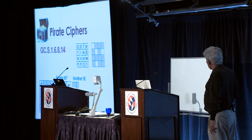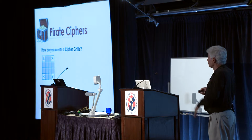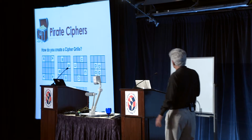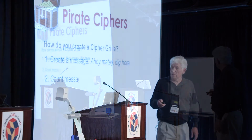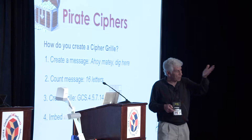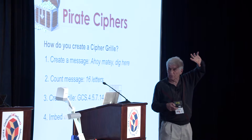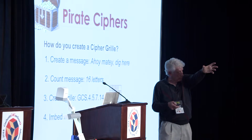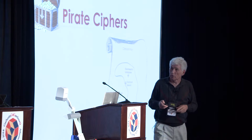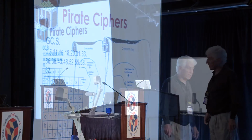All right? In fact, I'm going to probably stop because with fifth graders, obviously, I would spend a lot more time going through the details of this. But what we do is create a message, count up the number of letters in it, and then you decide on a size of a Grille in order to do that, and then you take your Grille, lay it on top, put the letters in, rotate, and do the same thing all the way through. So here's one of them that you have out on your sheet today to work on,